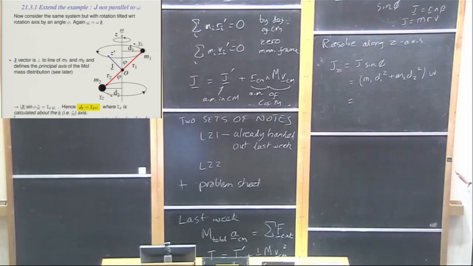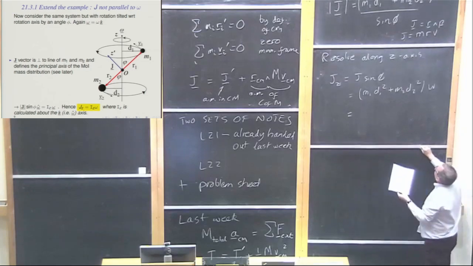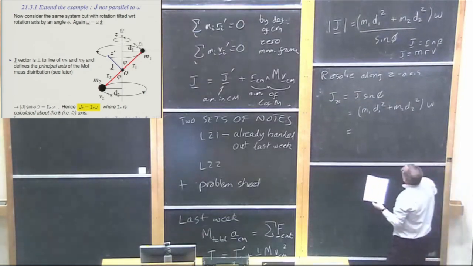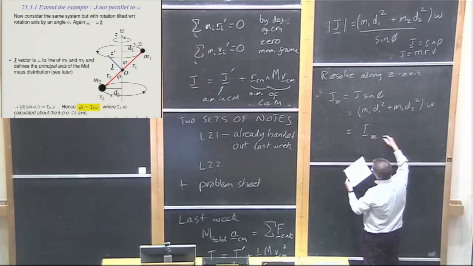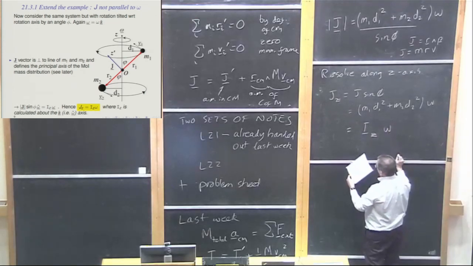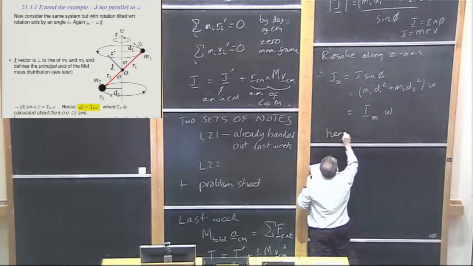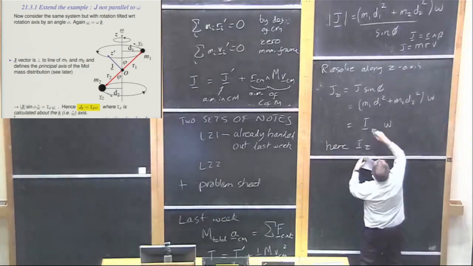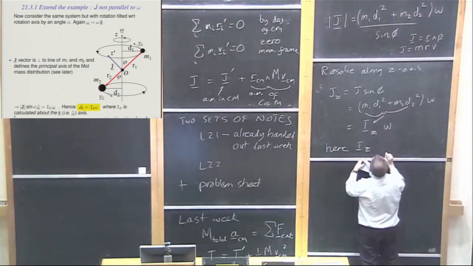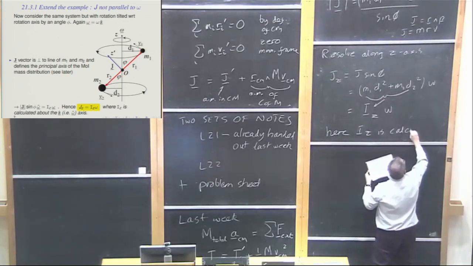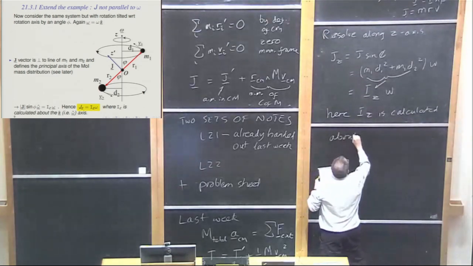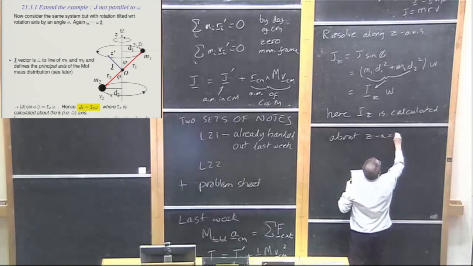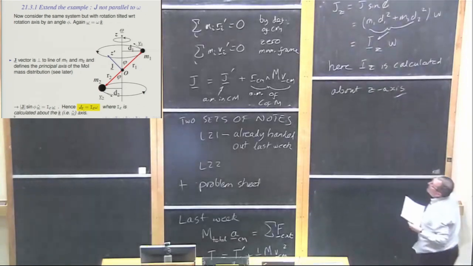So what we now have done is resolved J along the z-axis. And so now, because we're talking about a particular axis, we can write this as a particular moment of inertia, the moment of inertia in the z direction. So here, Iz, so this is calculated about the z-axis. Okay, so what the message I want to start to convey is that the moment of inertia,